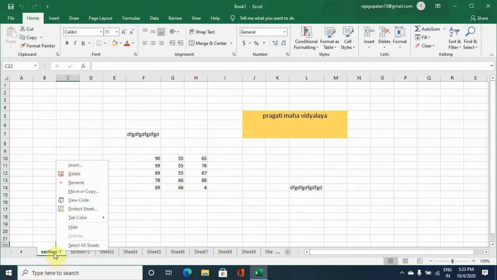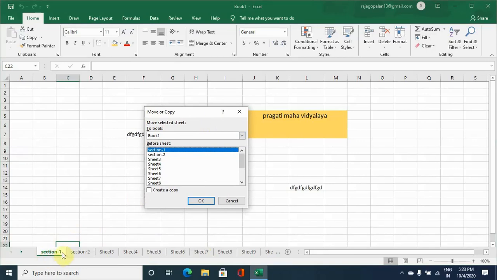Or you want to move a worksheet to some other place. Now say section 1 is appearing as the first sheet, and I want this to appear as the 10th sheet, or say only 9 sheets are available here, and I want section 1 to appear before sheet 7. In that case the option is right click and then move.